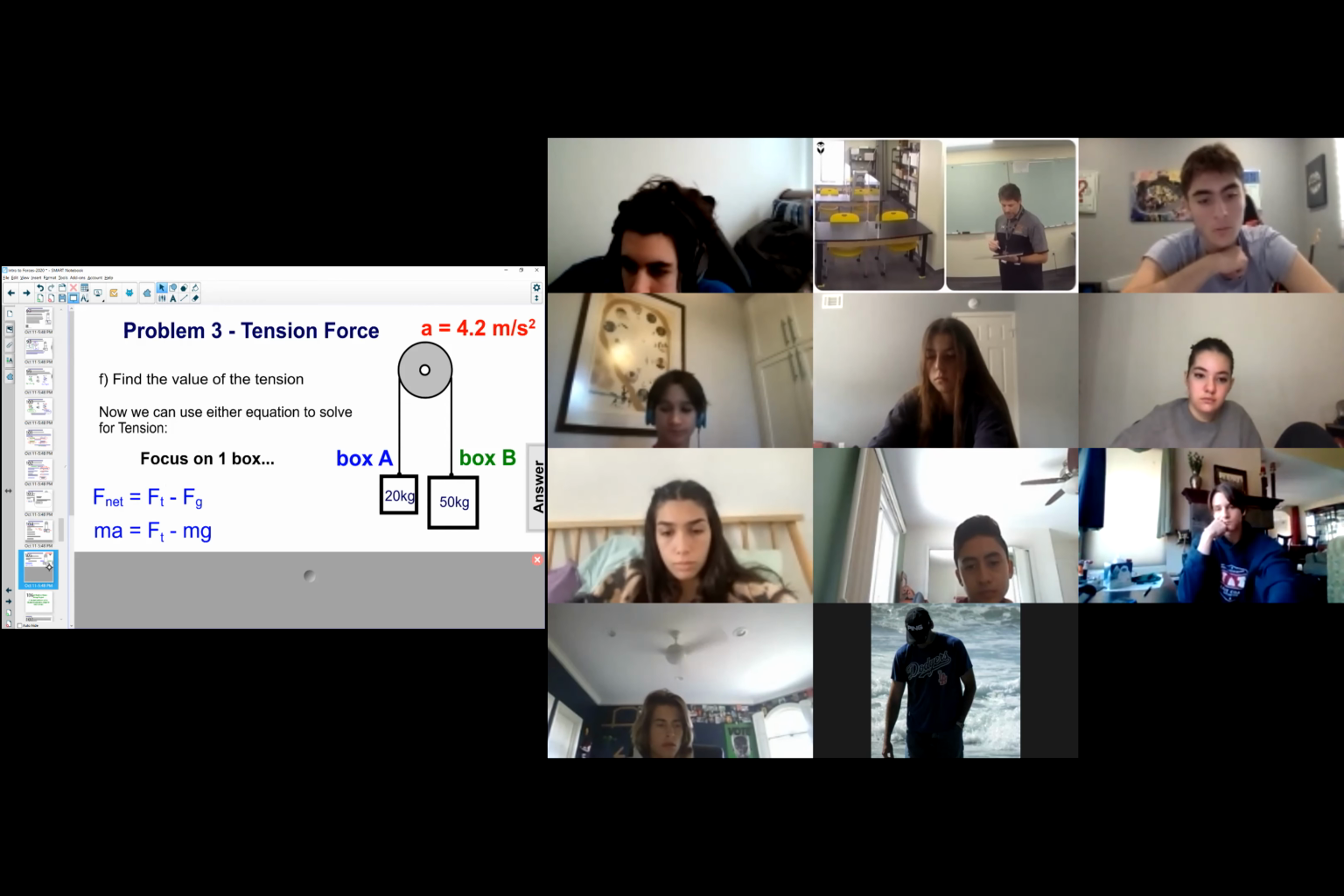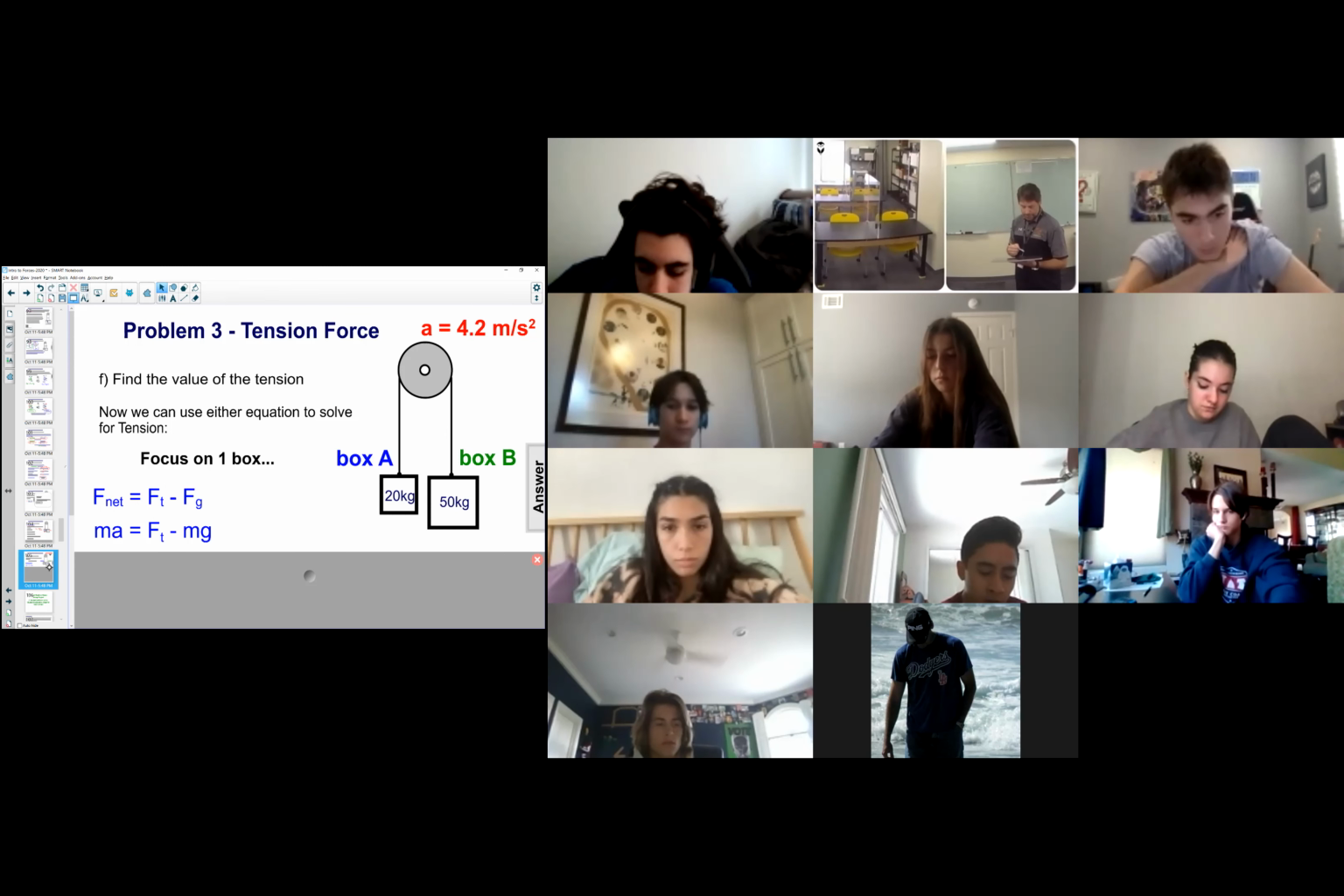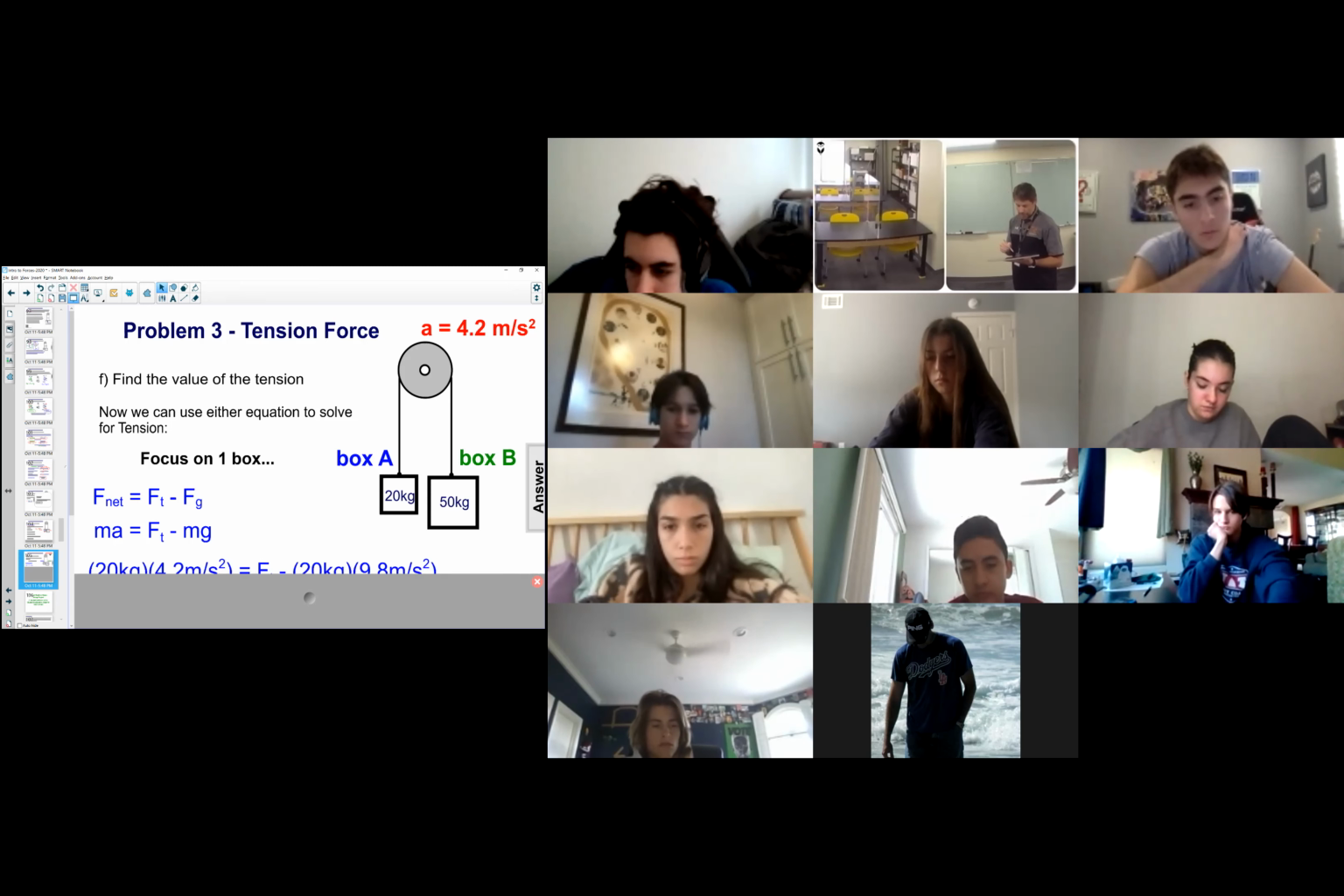So for the final tension, we want to focus on one box at a time. If we focus on box A here in blue font, I've got the net force equals the tension minus the weight. The tension is going to be bigger than the weight because that 20 kilogram box is going to rise. The net force would be ma. The tension force is what we're looking for, and the weight force would be mg. If I plug those numbers in,